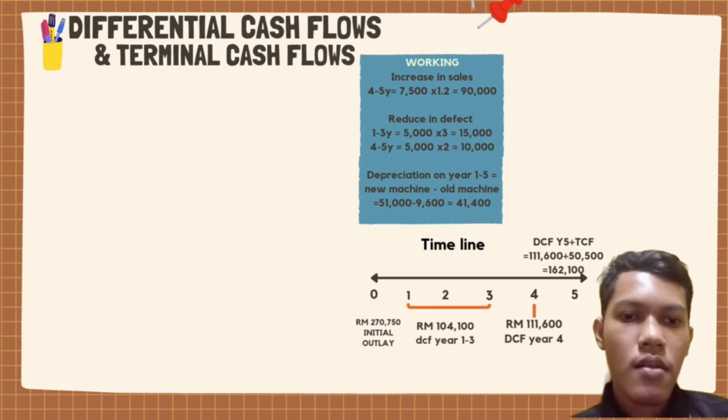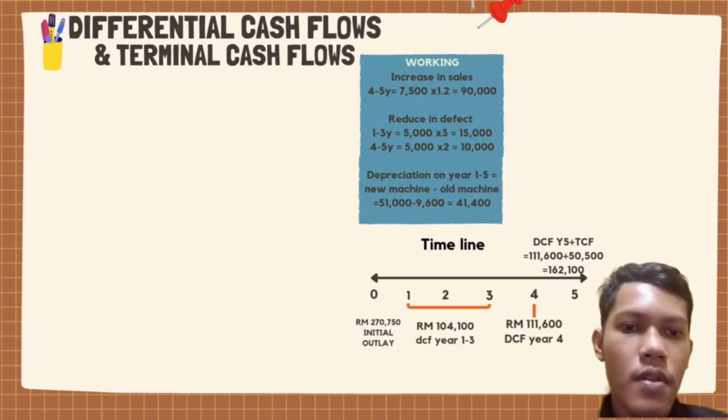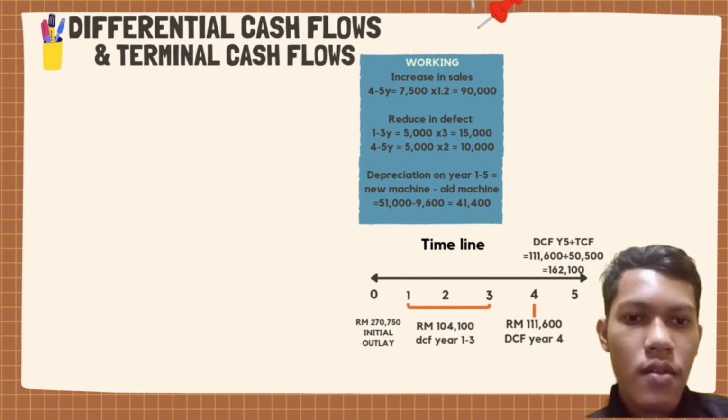Next is net present value. To calculate the present value, we have to use the present value table. For years 1 to 3, we have to use the present value annuity table, which gives 2.1065, multiplied with 104,100, and we will get 219,286.65. For year 4, we use the present value single sum with 20%, and we got